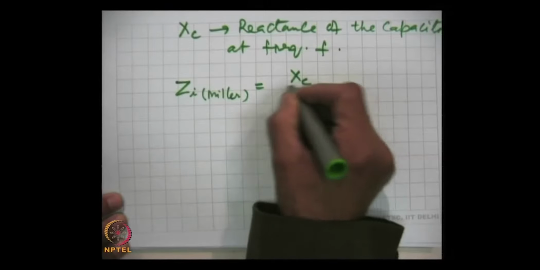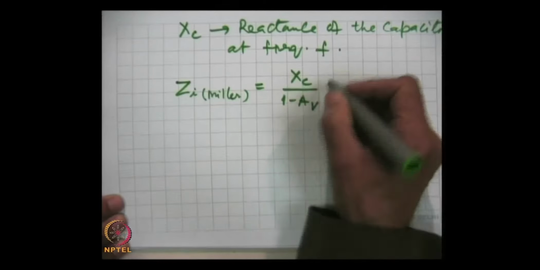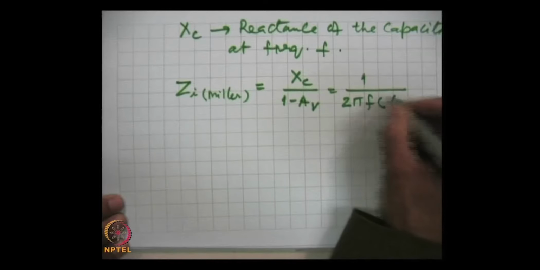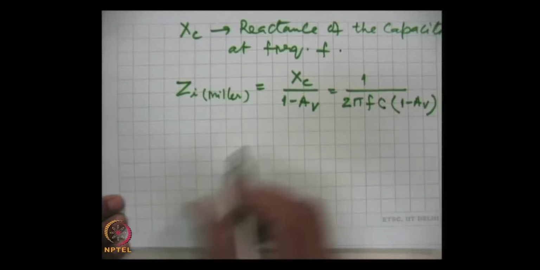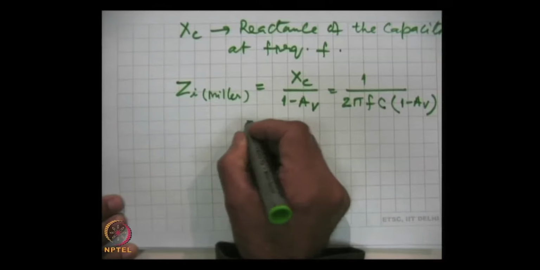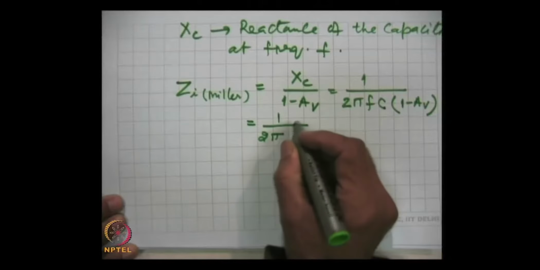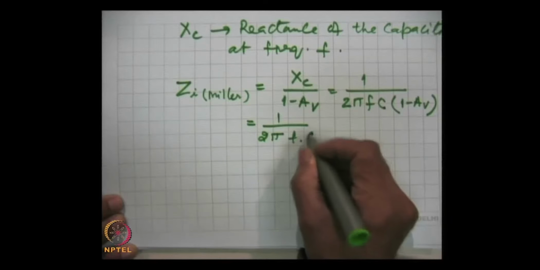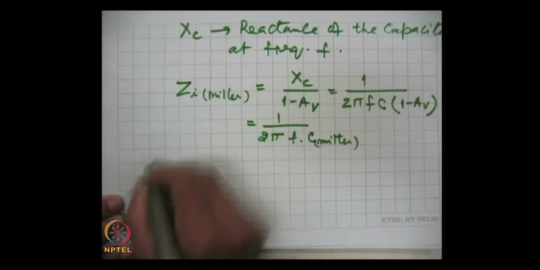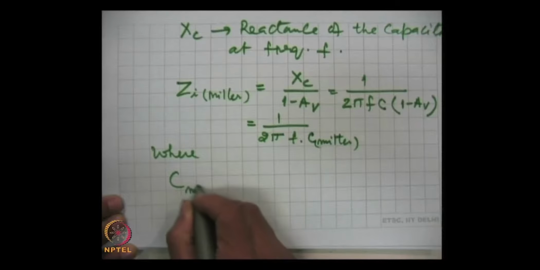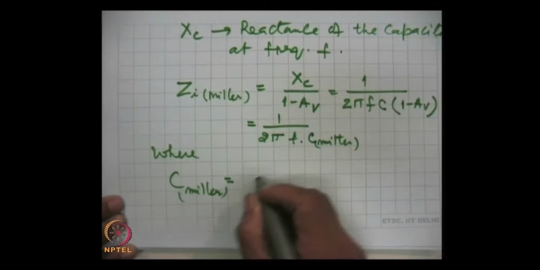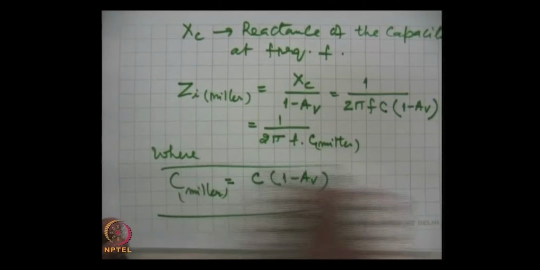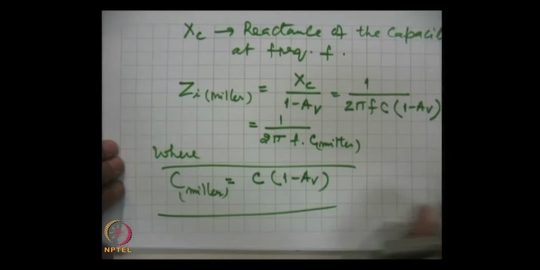is X C by 1 minus A V, which is 1 by 2 pi F C into 1 minus A V, and this can be put in the form, this is equal to 1 by 2 pi F into C Miller, where C Miller we have put for C into 1 minus A V. This is at the input, remember this expression, C into 1 minus A V, and at the output